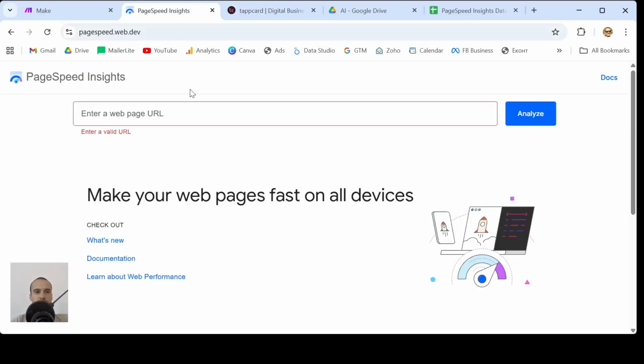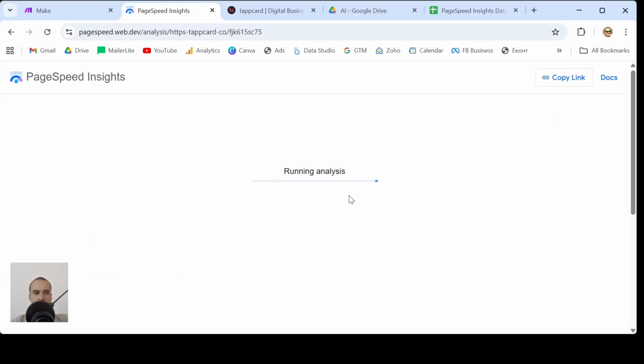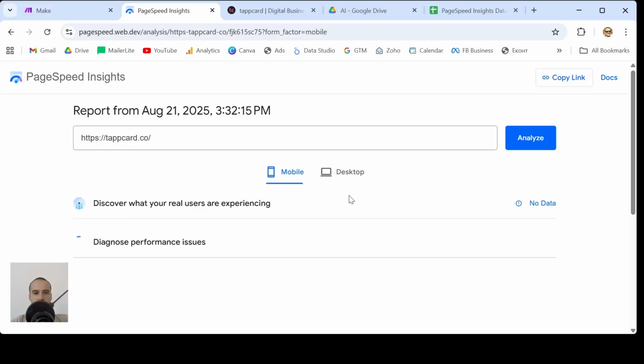As you know, PageSpeed Insights is a very useful and powerful tool for everyone who does search engine optimization, agencies, freelancers, and even general business owners that care about how their website performs in the search results. So how does it work? You just enter your website, click analyze, and the tool will start analyzing your website, and it will give you insights for both mobile